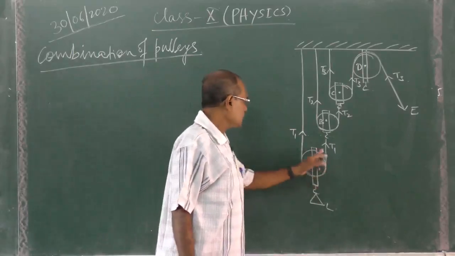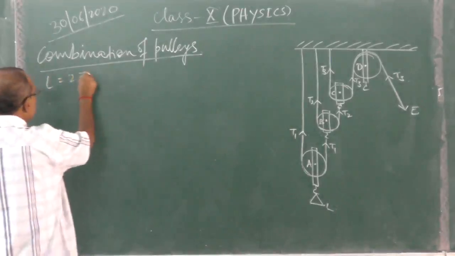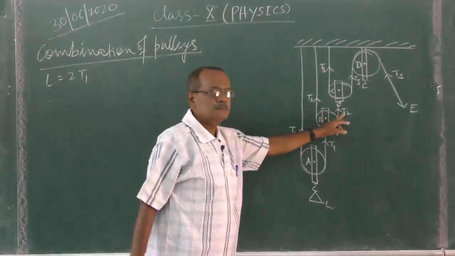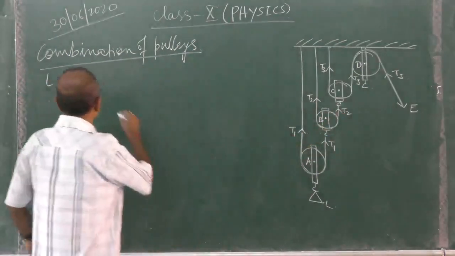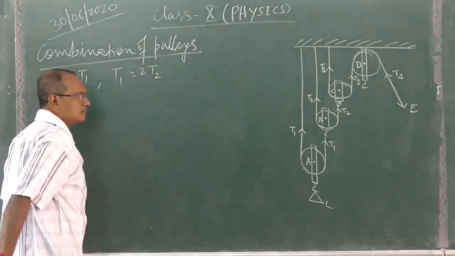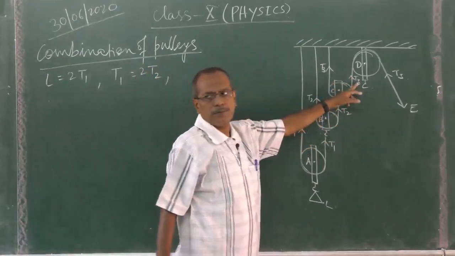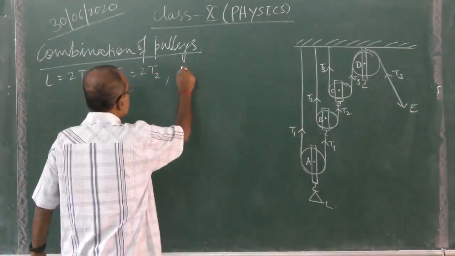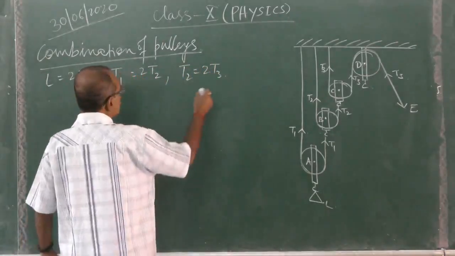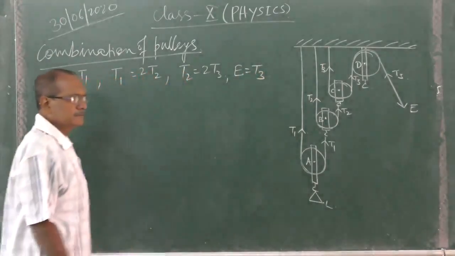So therefore, first case, what happened? The load is equal to 2T1. And this T1 is balanced by 2 T2s. So therefore, T1 is equal to 2T2. Again, the T2 is balanced by 2 T3s. So T2 is equal to 2T3. And E is equal to T3. Now see,